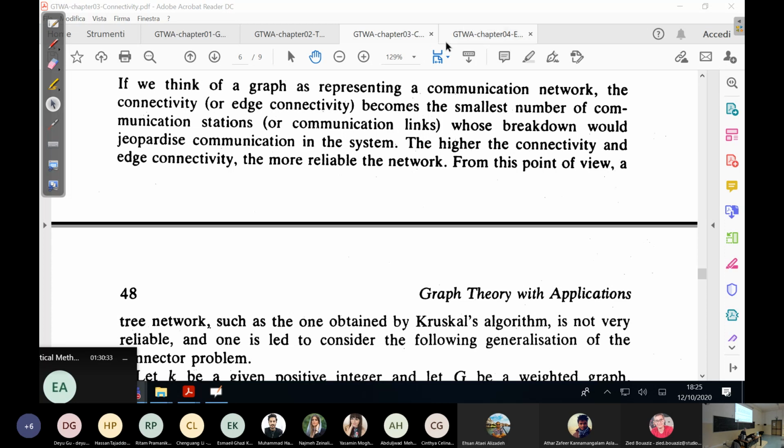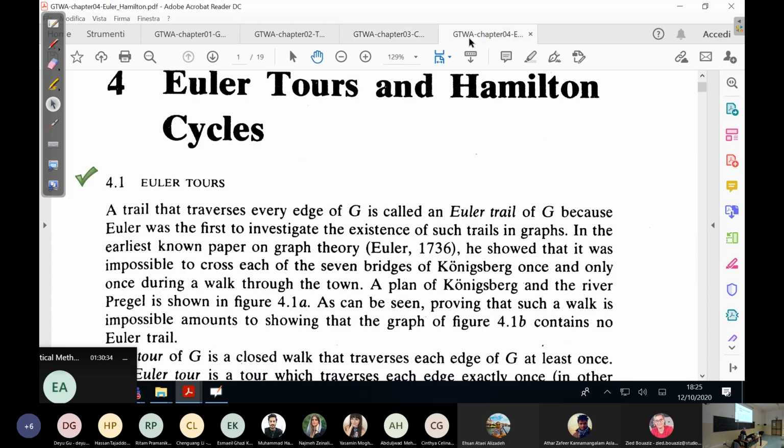Okay, let's go to this nice chapter. This chapter has applications, you'll find them, maybe I'll mention some, because I'm going very, very slowly, but I would like to give you also some marginal talks about various applications. But please believe me, there are applications of these two concepts, Euler tours and Hamilton cycles, but they both came from